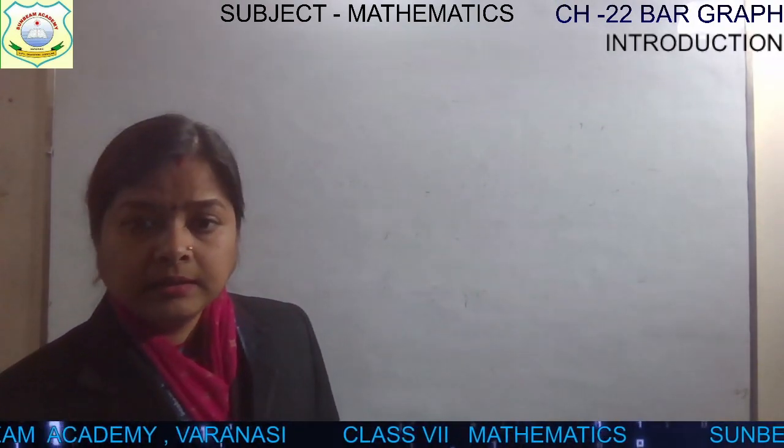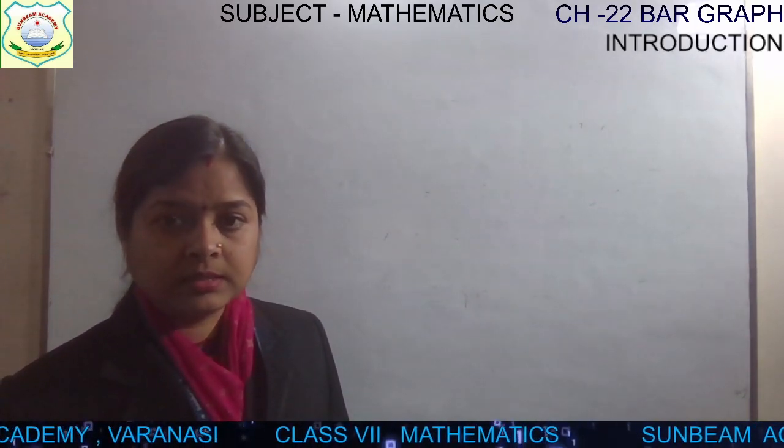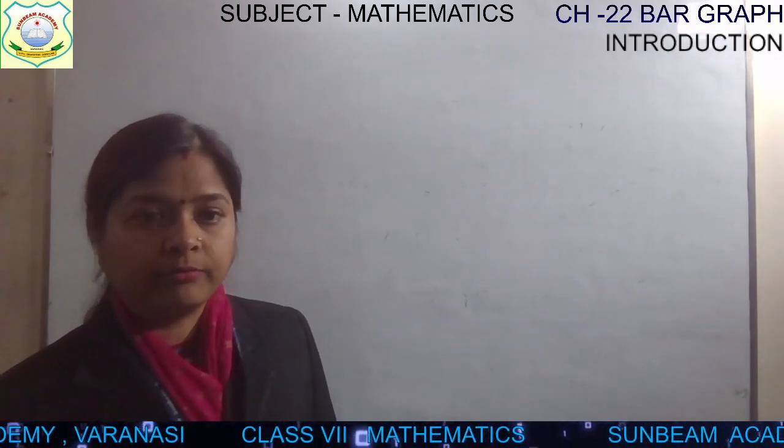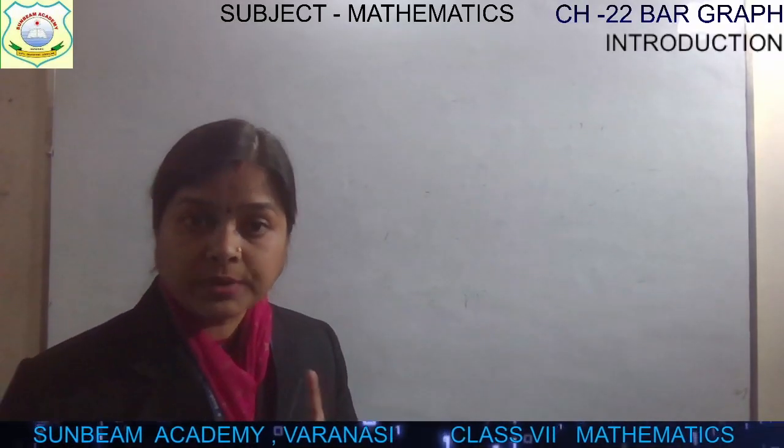Now let's see another example. I have lots of examples, children. See this. This is actually a bar graph. You should have a bar graph like this, and you will plot these bars, children. You will write the subject on the x-axis, the numbers on the y-axis, and then you will plot the bars at equal intervals, and the bars should have equal width, children.